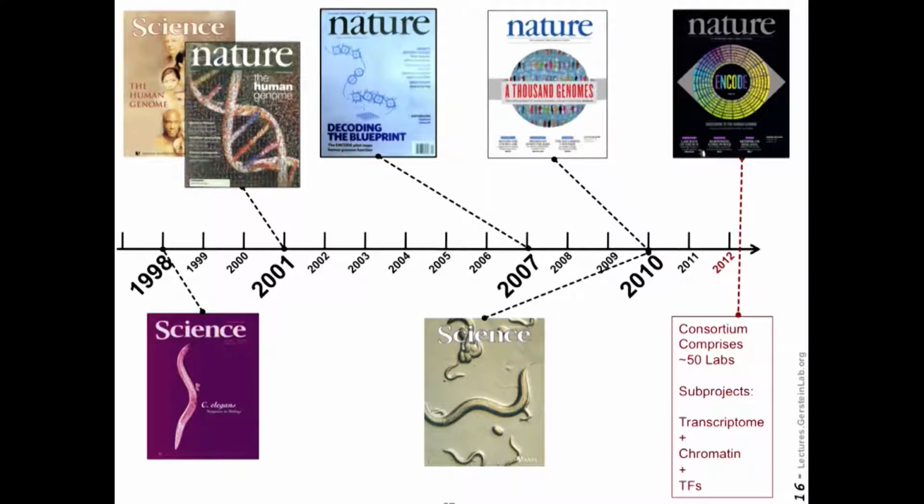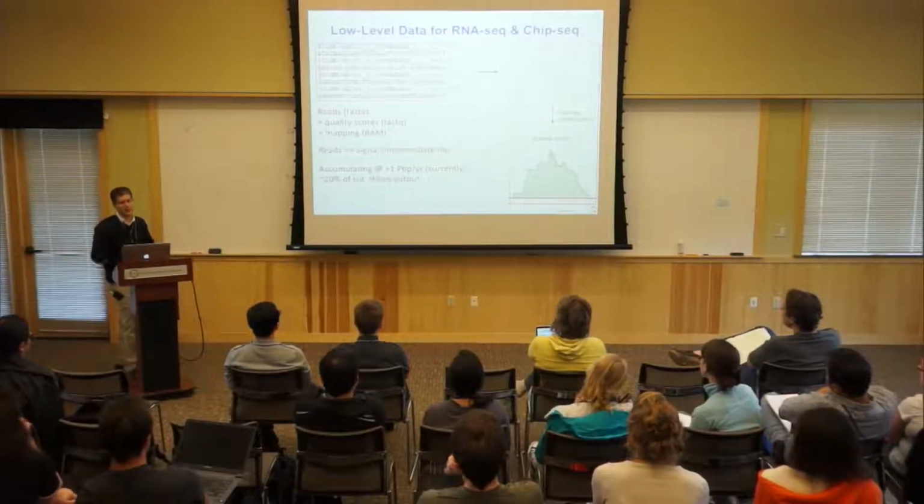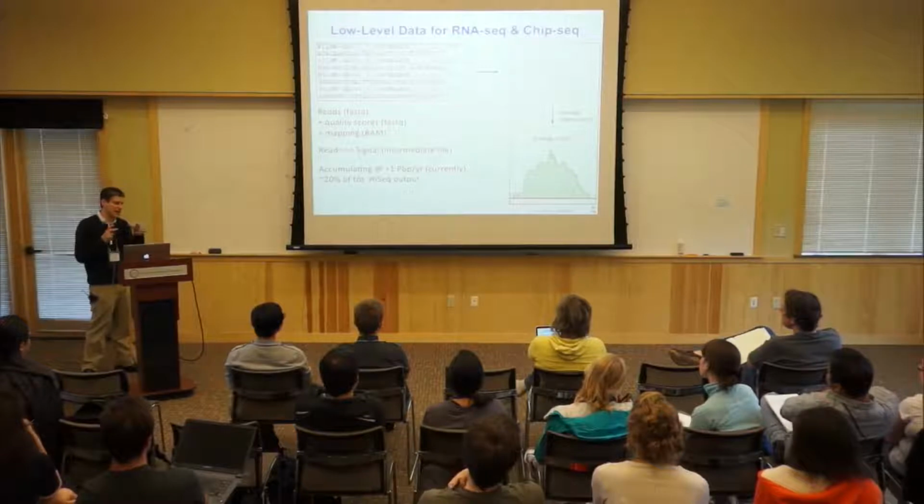One was on 1% of the human genome, where they analyzed it with a lot of functional genomics, and we're going to talk about that. And another part of it was looking at simple model organisms like worms and flies. And those two pilots kind of came together into this overall annotation of the genome that came out last year. So let me tell you a little bit about the structuring of the data,